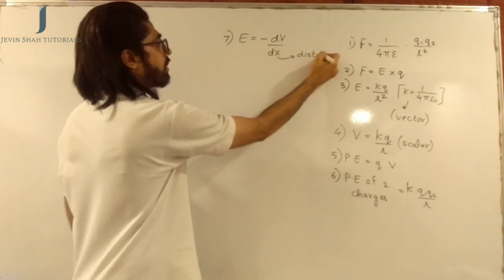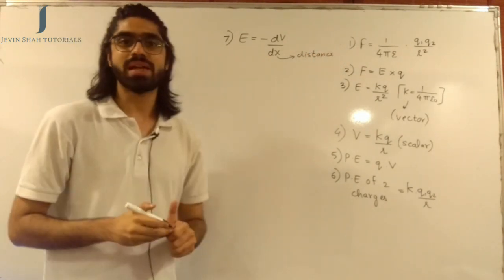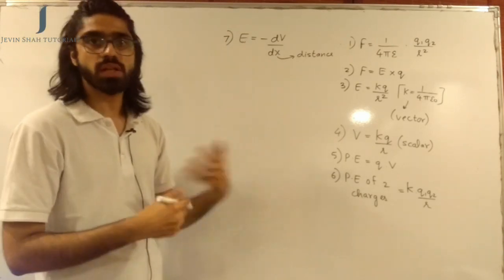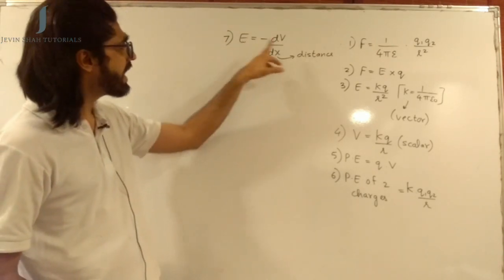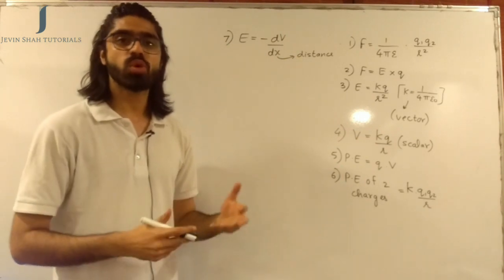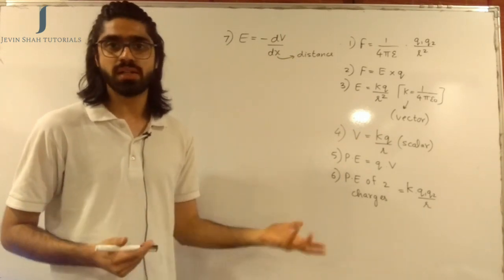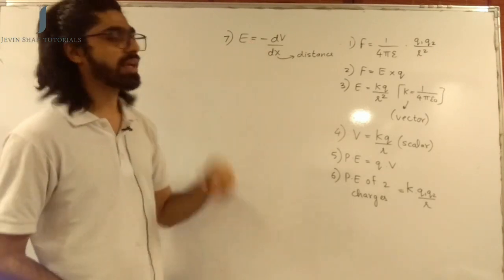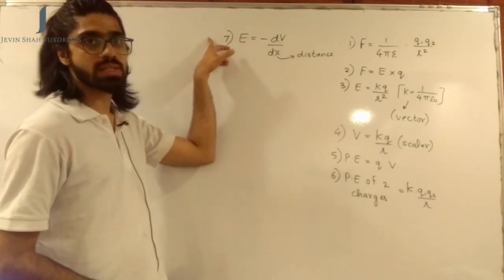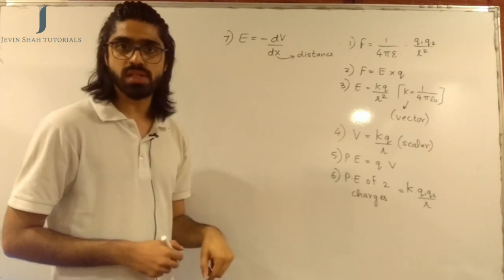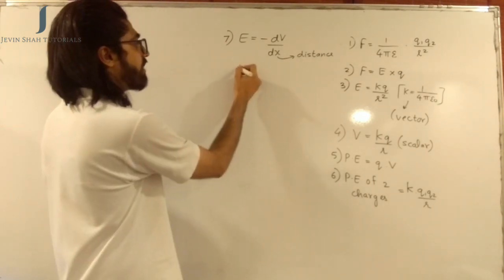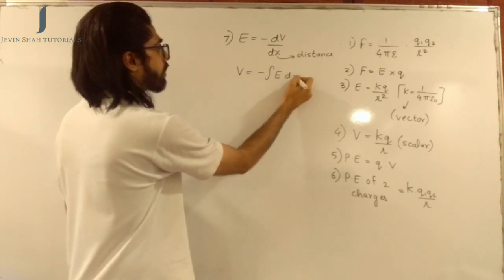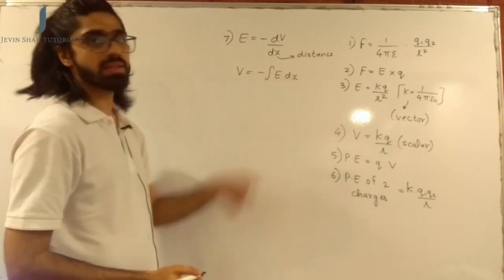This formula is more often used for solving some mathematical kind of questions that come based on the relation between electric field intensity and potential. They will be more or less related to derivatives and integration only. If you try to rearrange this, dx can be taken on the left along with the minus sign, and then you can integrate both the sides. So after you do that, you can have V as minus of integration E dx. This is yet another way of writing the same formula.